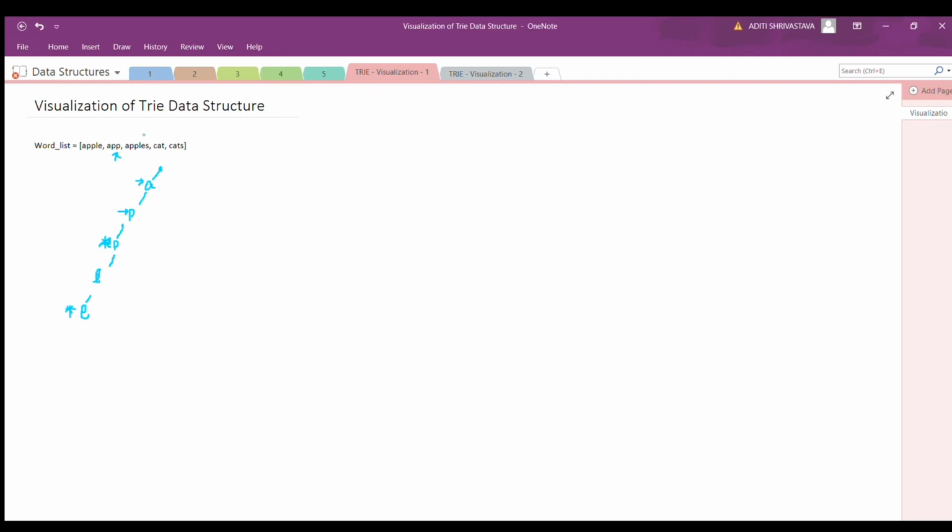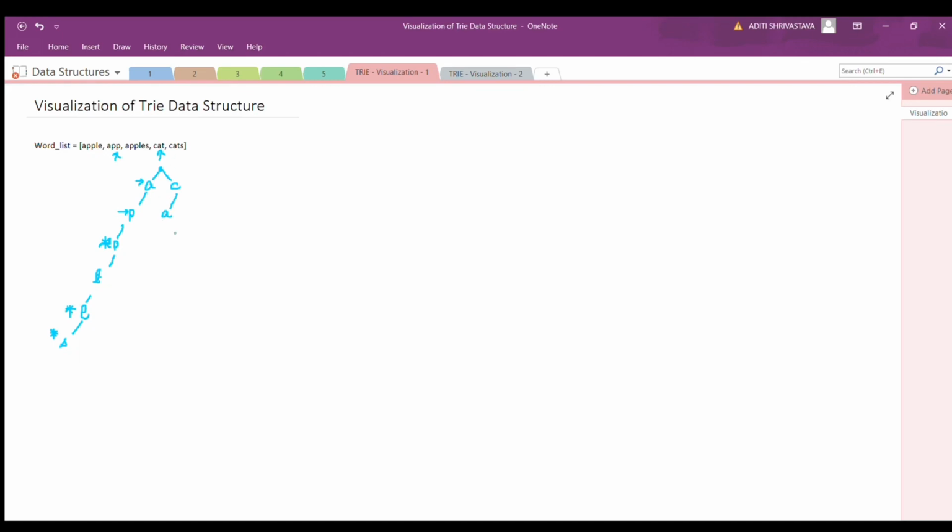Then upon adding apples, I see that A is present, P is present, P is present, L is present, E is present, S is not present. So I'll add S to it and mark it with a star since it's the end of this word. Then if I have to insert cat, firstly I will add C to it, then A. Since the node is not present, I will make a node and then insert it.